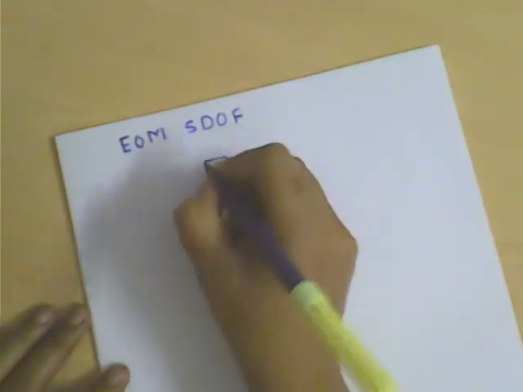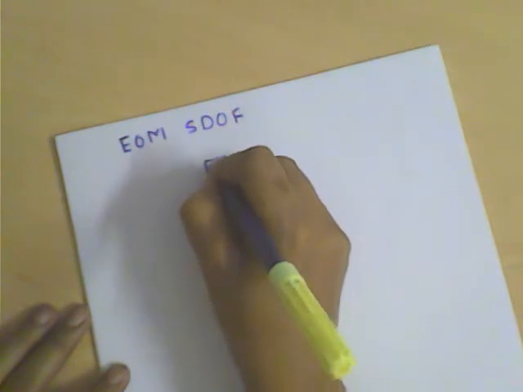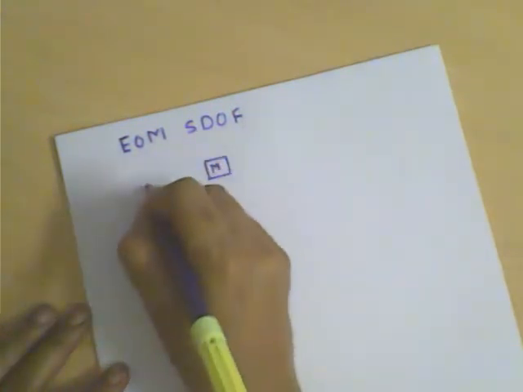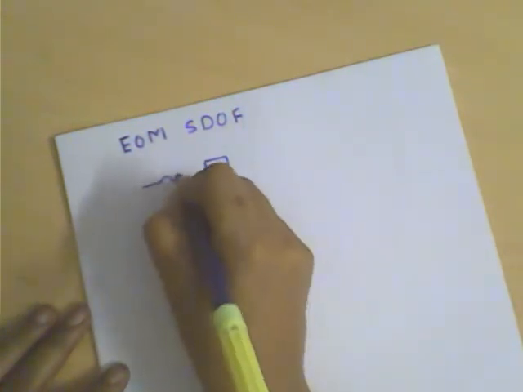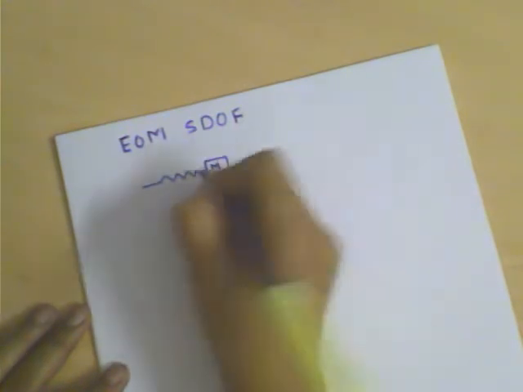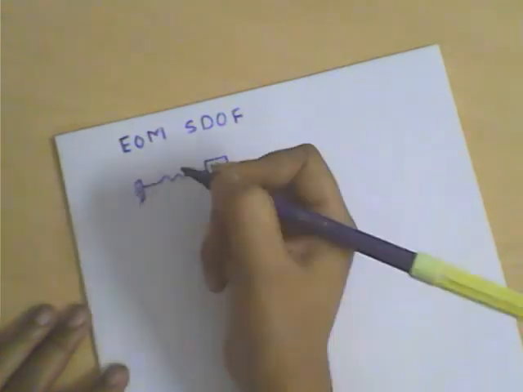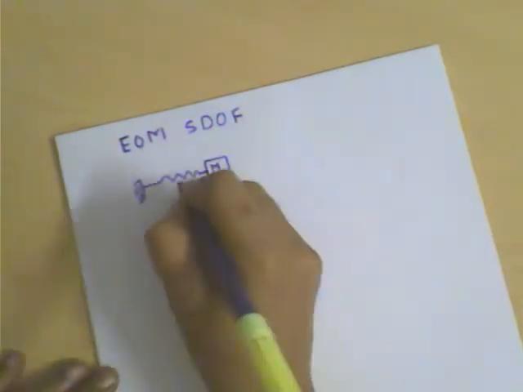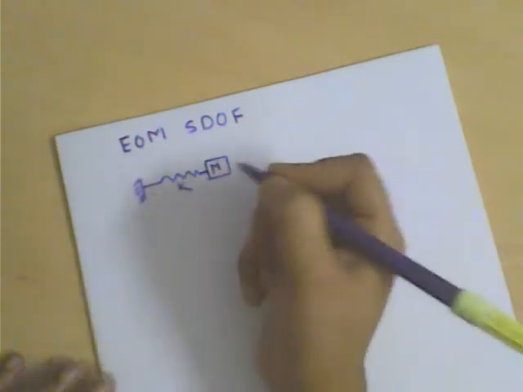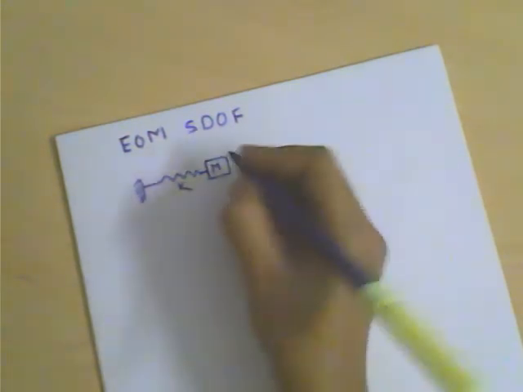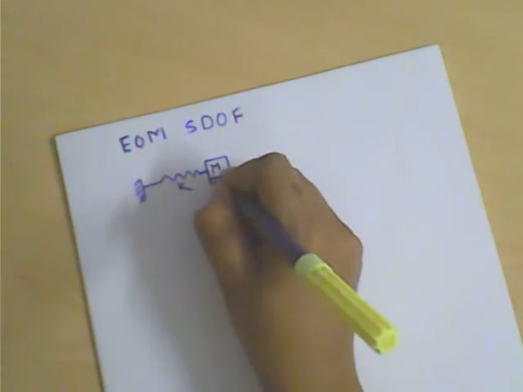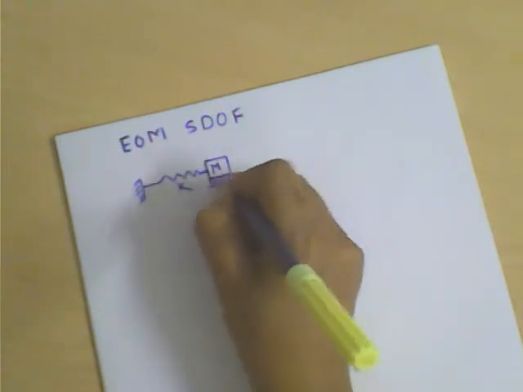In it there was a mass block, as I'm drawing over here, and that mass block was attached to the wall by a spring. One end of the spring is attached to the mass and the other end is attached to the wall. The spring has a stiffness equal to K, and the mass block is resting on, let's say, roller supports on the ground.